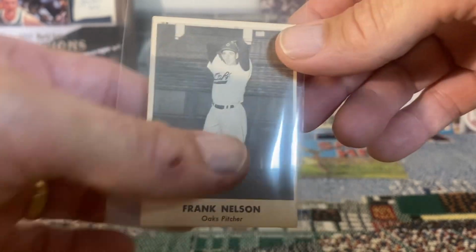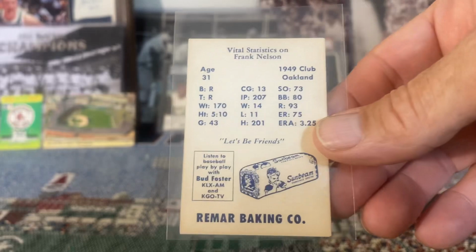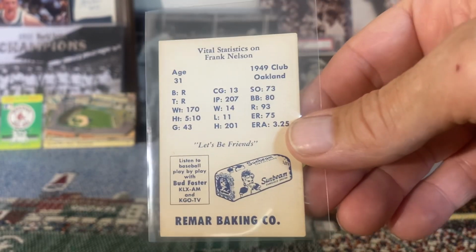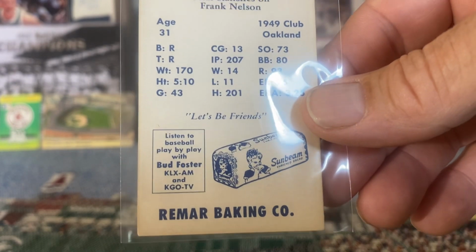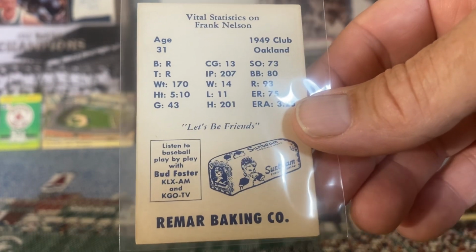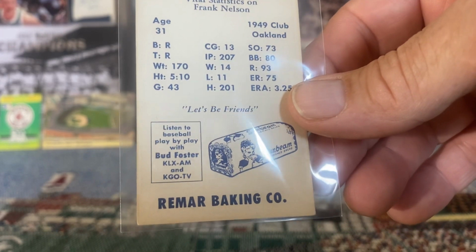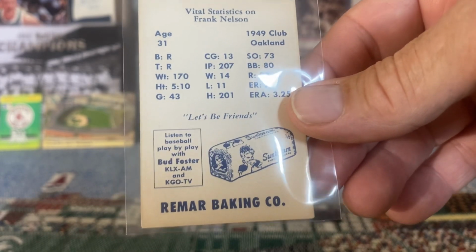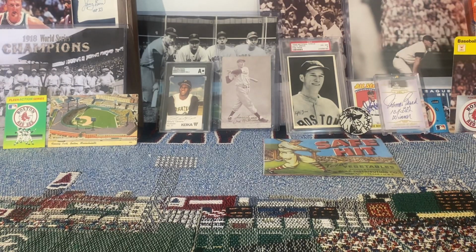Like I said, this is 1950. And what's cool about this is this set was issued by Remar Baking. So there you see the Sunbeam bread on the back. And it also says, listen to baseball play-by-play with Bud Foster, KLX AM and KGQ TV. So pretty cool. I think I paid $1 for that one. And lastly,